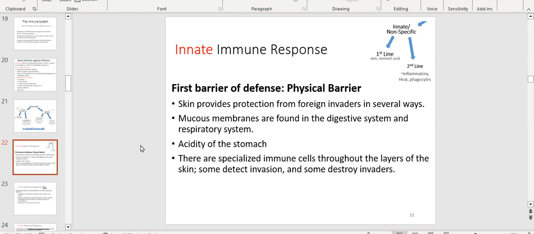The innate immune response, first barrier of defense, physical barrier. Skin provides protection from foreign invaders in several ways. Mucous membranes are found in the digestive system and respiratory tract. Mucus, yep, it's gross, but it's one of the best defenses we have. Take a look at our lungs. They are dark, warm, and moist. Oh my gosh, you couldn't ask for anything better for a bacteria. But we breathe in 500,000 bacteria with every single breath, and those half a million bacteria go into our lungs, and all of a sudden they get